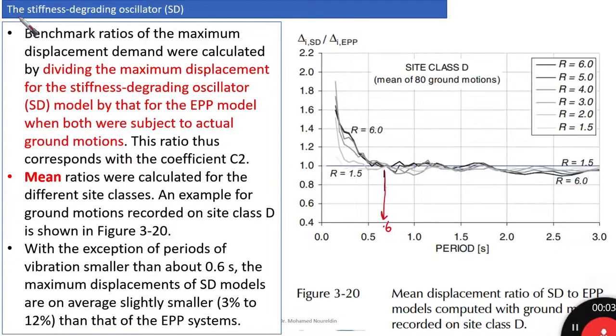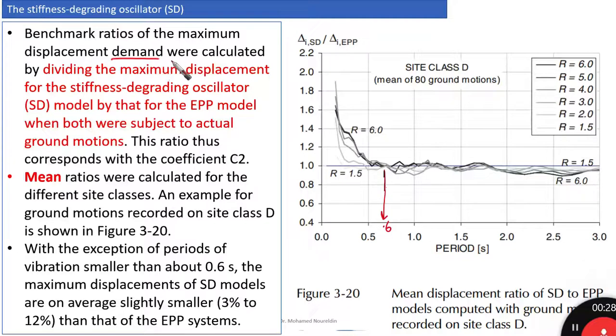Okay, in this video I'm going to talk about the stiffness degrading oscillator SD and the effect of it on the maximum response. So the first thing that we want to highlight here is giving a kind of benchmark ratios of the maximum displacement demand